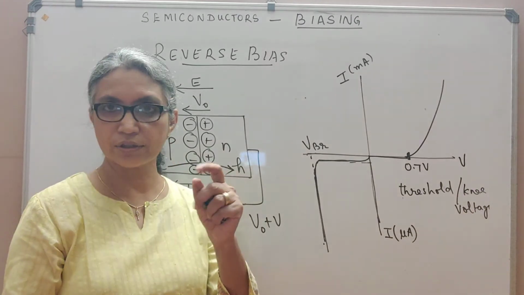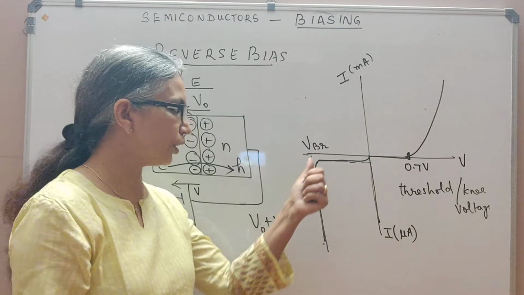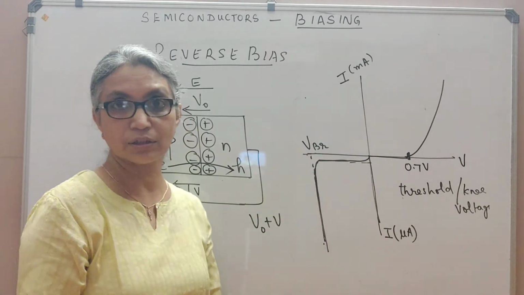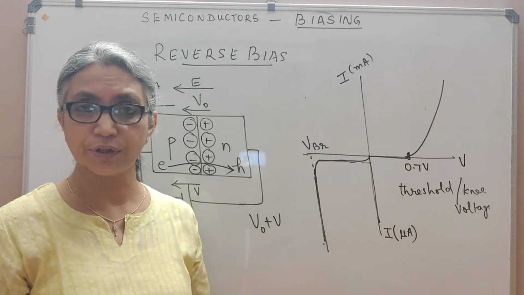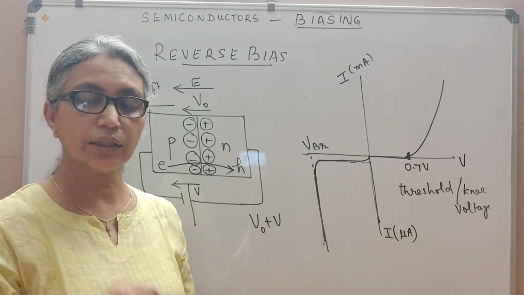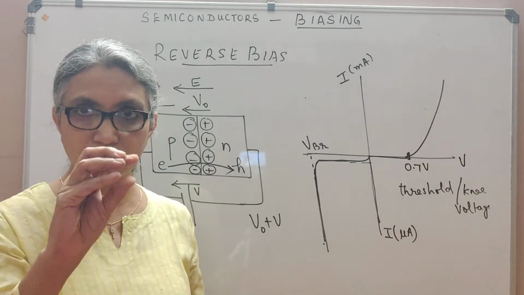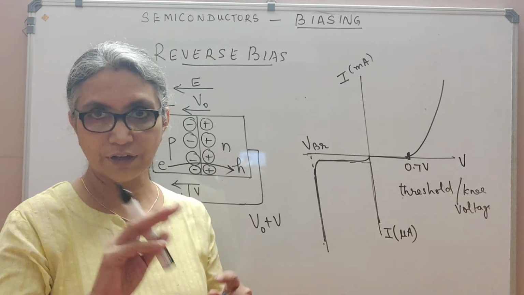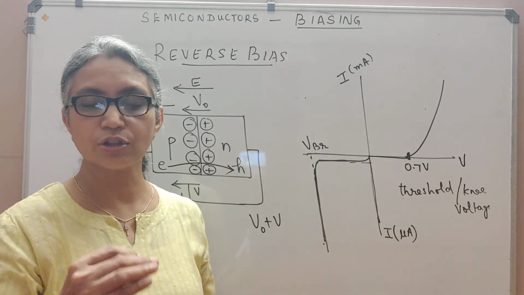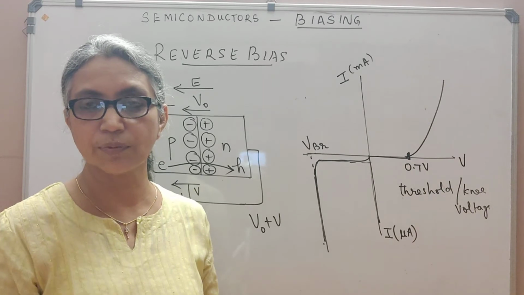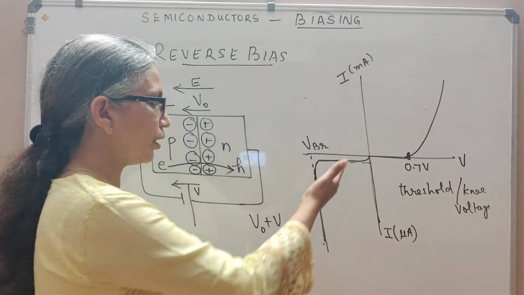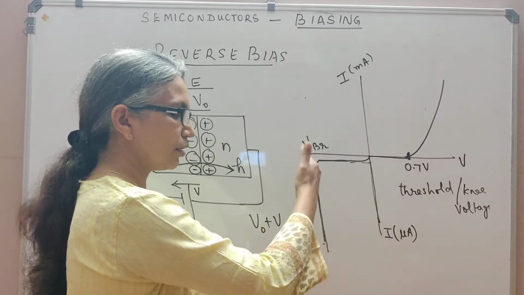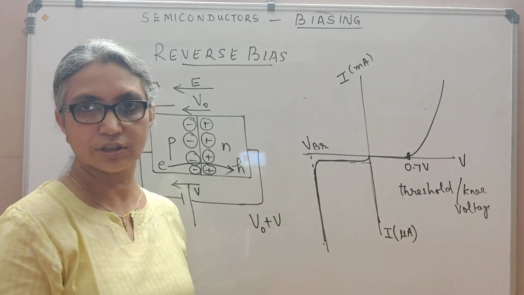You have free electrons in the semiconductor, and when you increase the voltage, there is a large electric field, because of which all these free electrons get a large amount of kinetic energy, and they collide with the electrons which are bound in the valence band. Because of this collision, covalent bonds are broken and all those electrons become free, thus creating a very large current across the junction.